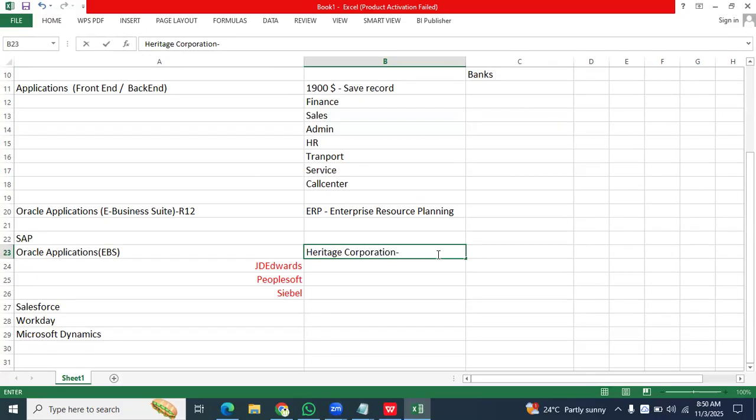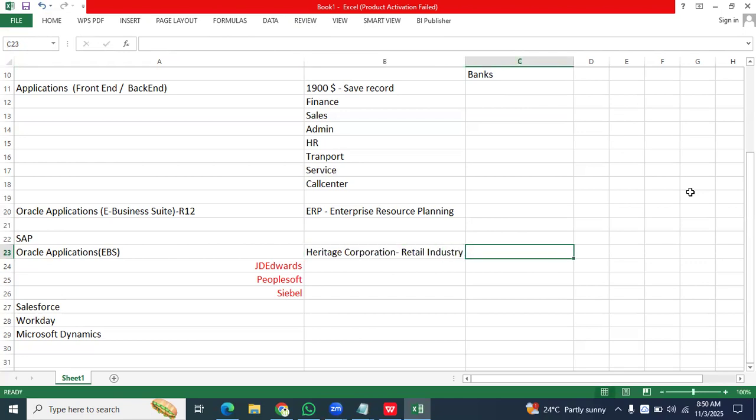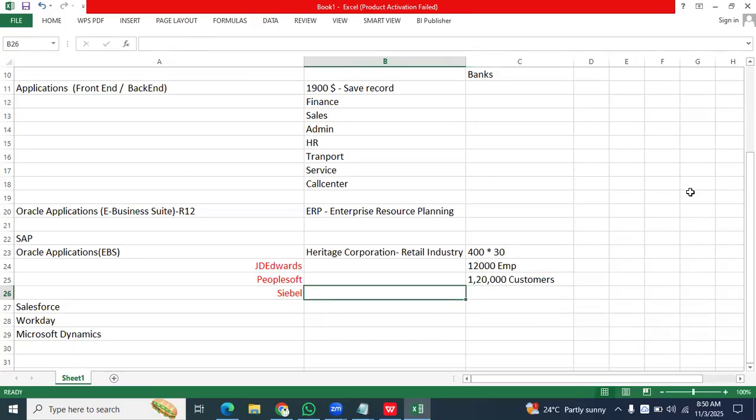which has retail industry, food industry, and they have 400 branches, outlets. In every branch, let's say 30 employees are working. Total 12,000 employees they have. And let's say they have 1,20,000 customers in total. In all these 400 branches, 30 employees are there. Out of 30, 3 members are the cash counters, for example. It means 1,200 people